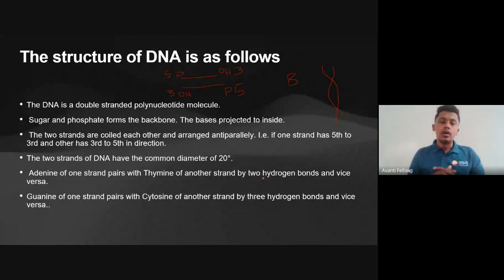Now, if you see from above, like your water bottle, we have our DNA, and I just look from above. So what do I see? The diameter. The diameter of our DNA is 20 angstroms. Now, our DNA structure has something called base complementation,